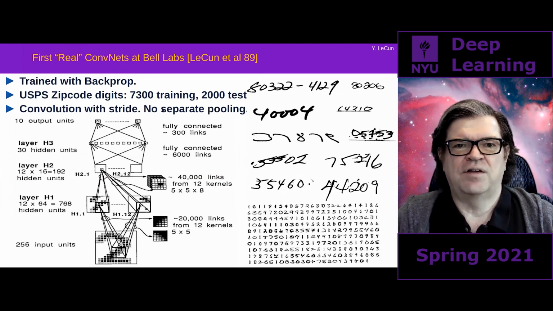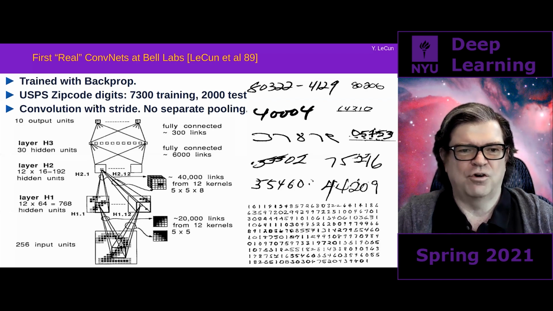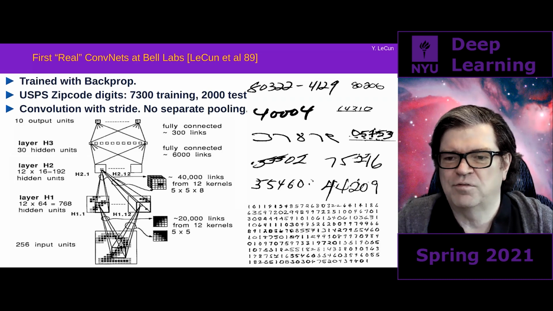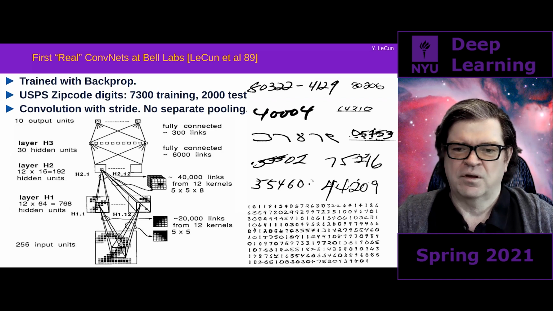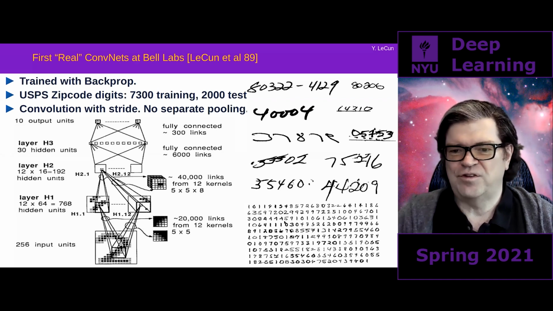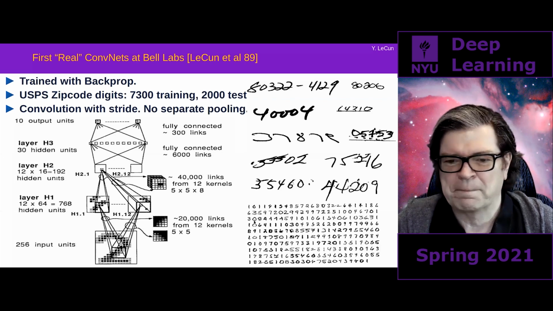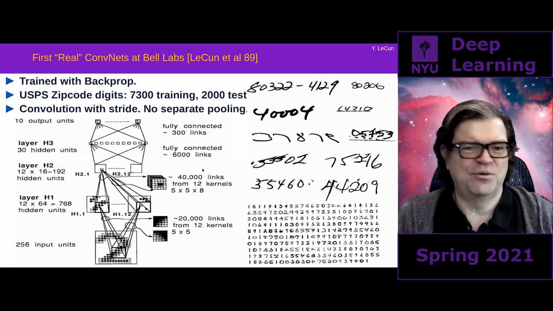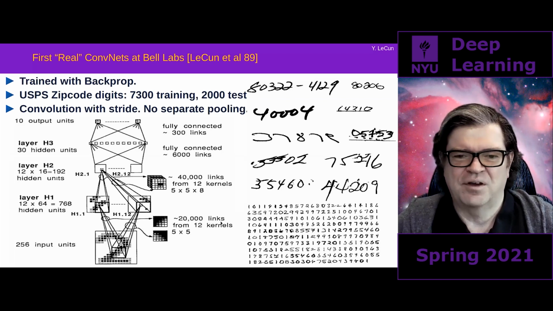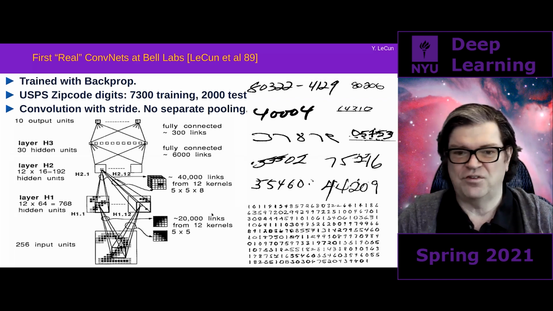Then in 1988, I joined Bell Labs in New Jersey and started building larger versions of those networks, trained on real data sets of characters coming from zip codes, essentially, that were given to us by the U.S. Postal Service through the State University of New York at Buffalo. A gentleman there by the name of Sargur Srihari, who is still there,